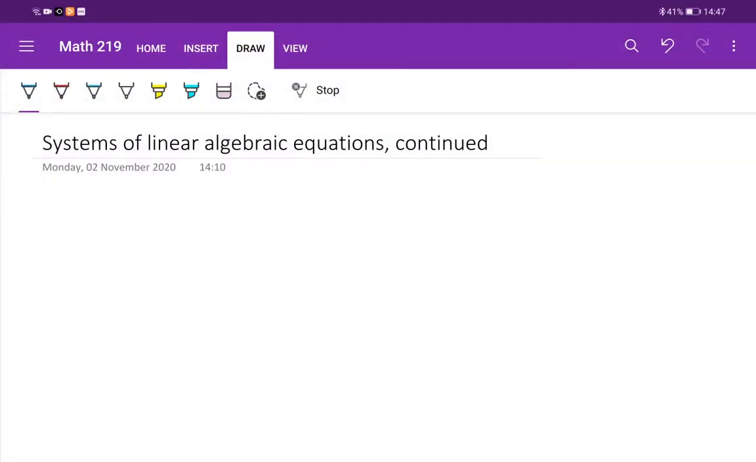In today's lecture, we'll start by giving examples of Gaussian elimination to solve systems of equations. So our first example is the following. Solve the system of equations